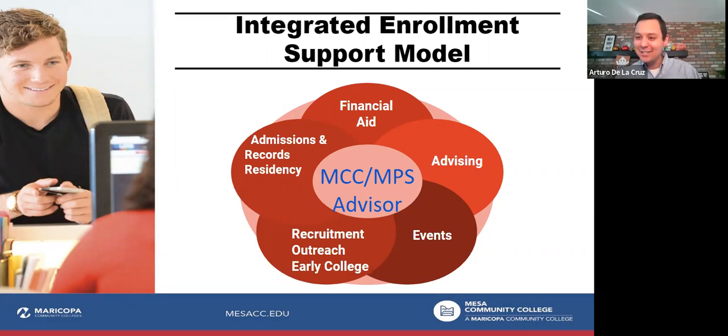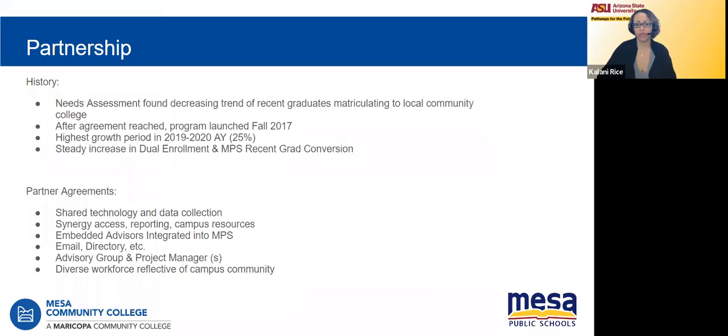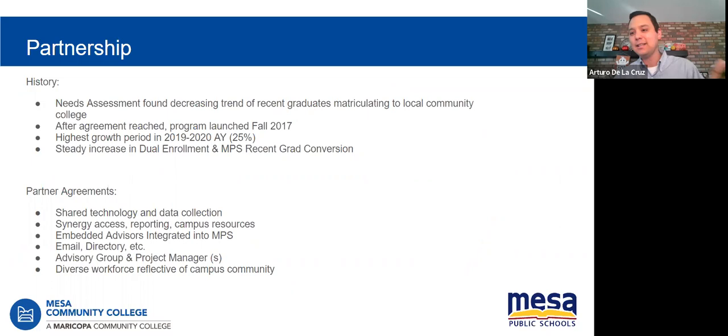Is there any others, or what does growth period mean? So you mentioned the 25% more students enrolled in MCC. Is that dual or both? It's from 2017 through about 2019, 2020, right before our COVID cliff. That period was 25% up until right before 2019, 2020, and that is recent graduates. There's a separate data point for dual enrollment, and there's been a steady increase in